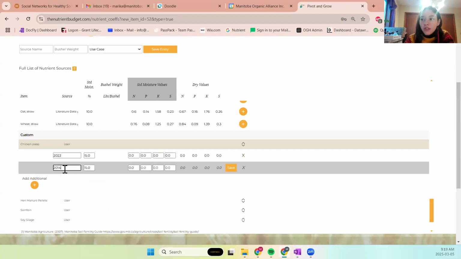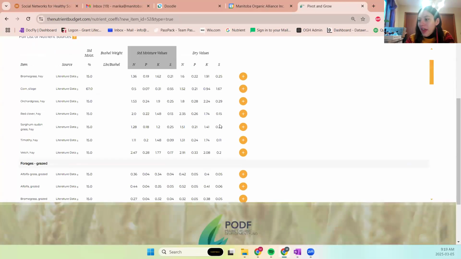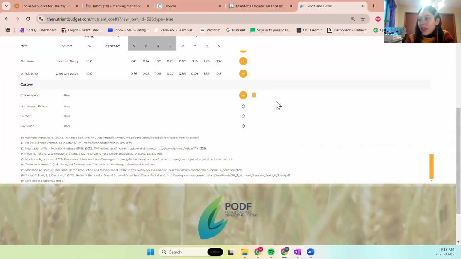And when I go to use the tool, it will have them as chicken poop dash whatever I've put in this column. So that's just a way of putting it on their note. You can leave that blank if you want. So I already have this put in, so I'm just going to delete all that. And actually